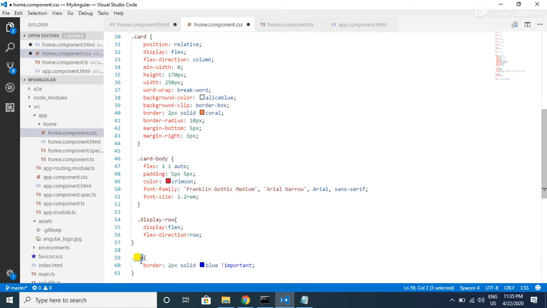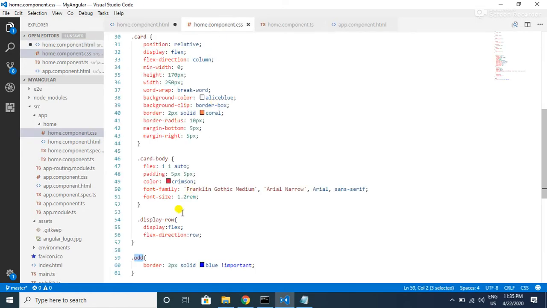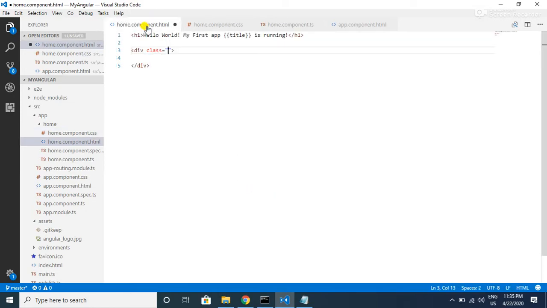We will discuss this class at a later point of time, and let me save this CSS file. For the parent div tag, I want to assign this display row CSS class, and let me save it. This is the parent div, which contains all the employee cards.